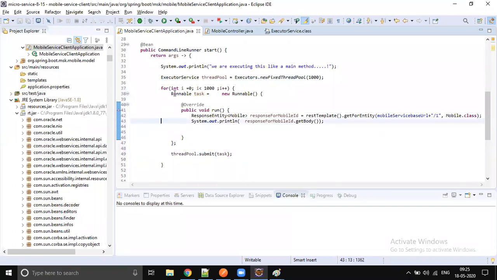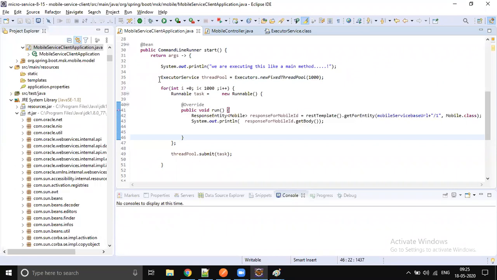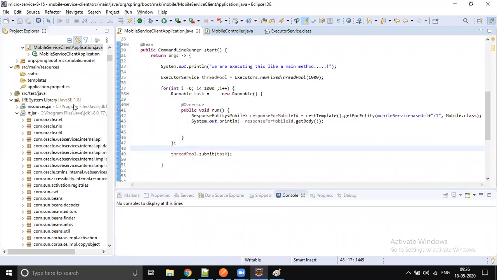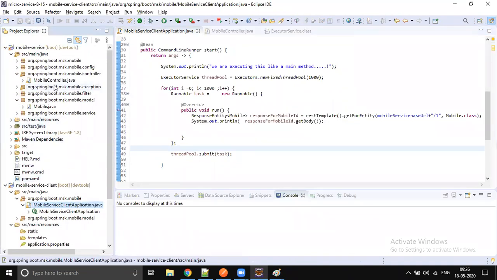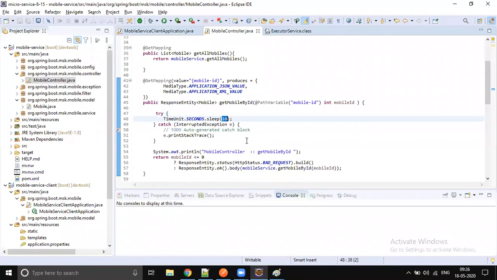We will be submitting very fast, within a fraction of a second the submission will be completed. But on the server side, the problem is that however fast we submit the tasks, they will not be completed that fast. Minimum 10 seconds it will take. Let's increase it to a minimum of 20 seconds.